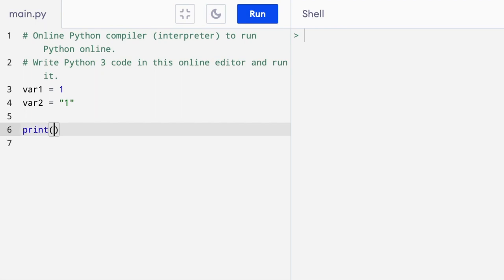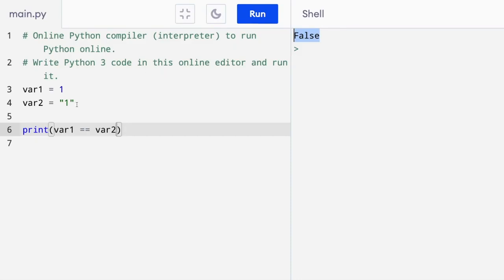So let's just print out var1, and the first thing we want to do is check to see if it's equal. So to do this, we don't use one equal sign because a single equal sign is used for assignment. So we have to use a second equal sign. And then we just compare var1 with var2, and if we run this, we get the answer false, which is what we would expect because one of these variables is a string and the other one is a number,